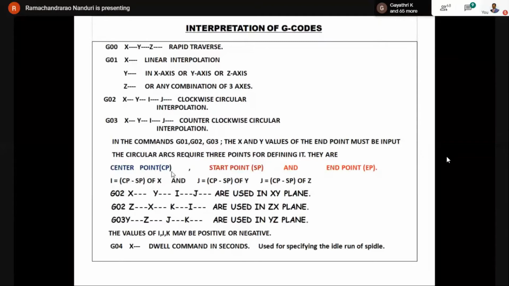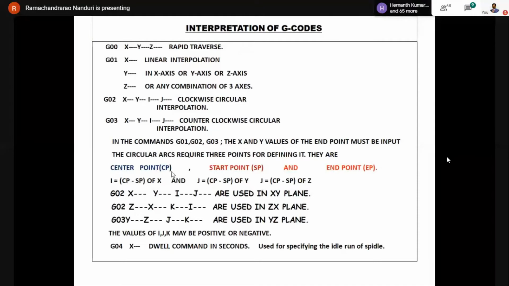In case of using Z, see the third one, that should be K. I, J, and K. I have to get it corrected. I shall correct it. So center point z coordinate minus start point z coordinate will give you the value of K.